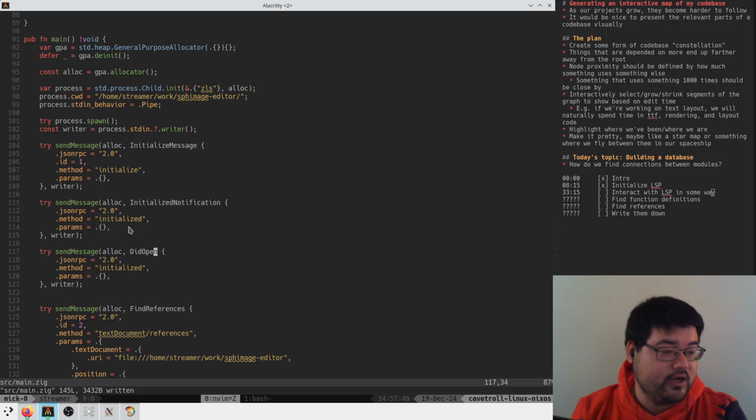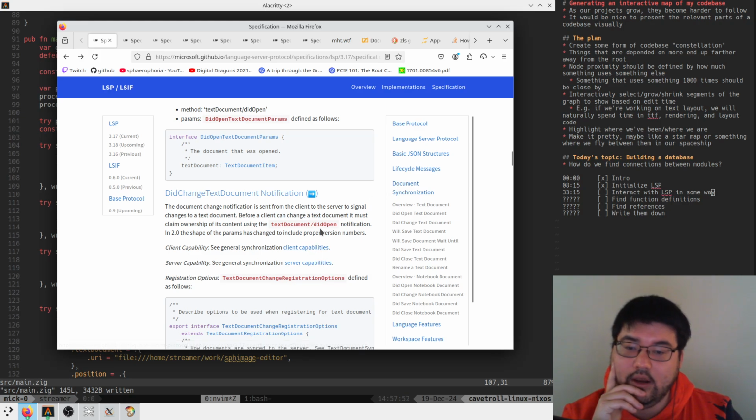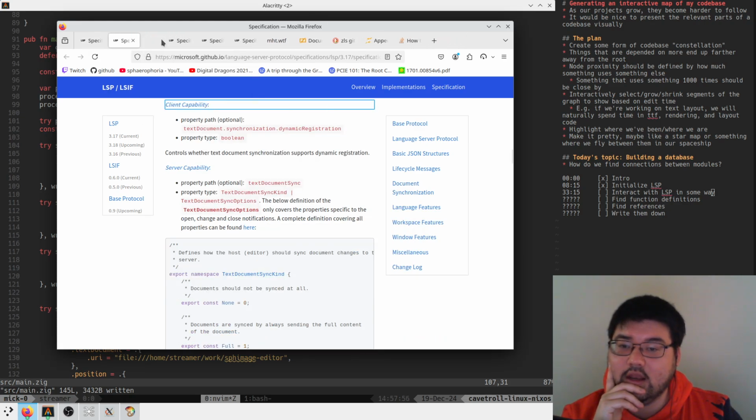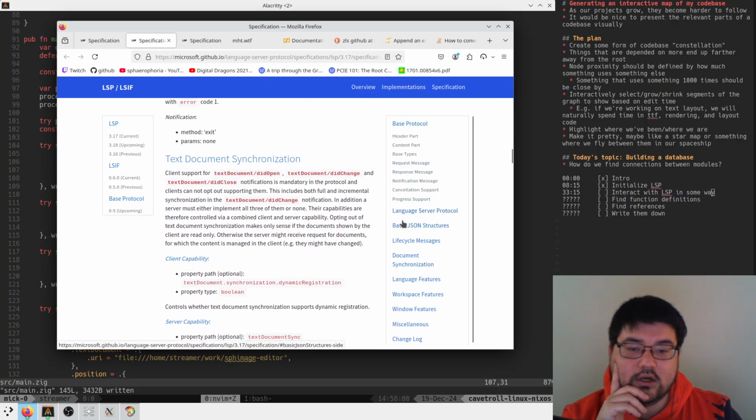did we not need to send a client capability or something? That seems pretty likely. I think that was part of the initialize method, and we just kind of skipped everything in there. But it could be that we are not getting any things because we just didn't care about it. So I think I saw